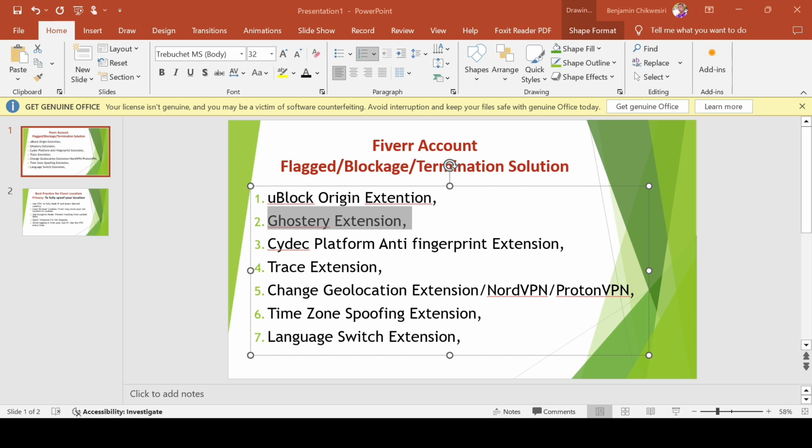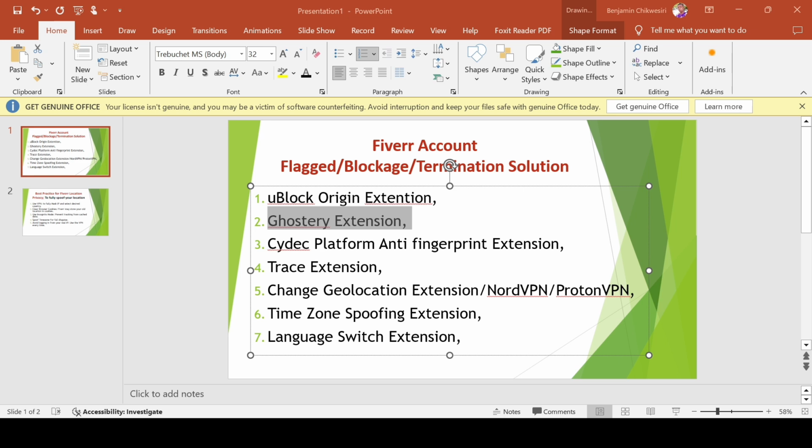It also masks your real browser fingerprints, like the screen size, the operating system, the fonts, and makes them genuine with your location. So when Fiverr is viewing it, they see it as originally from the UK or US.